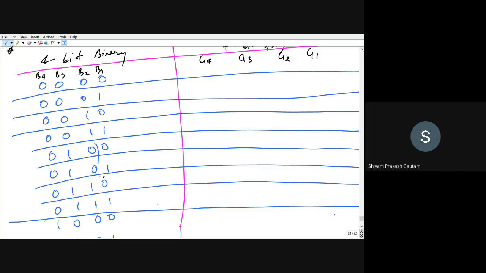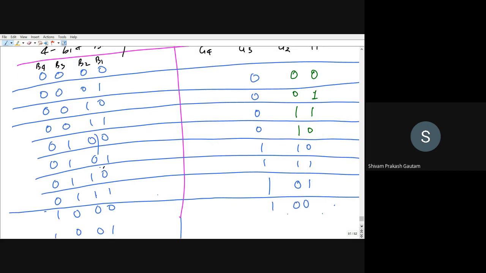You can first start with 0, and then 1, and then for 2-bit you have to increase 0 0, so 1, and then it will be mirror image, that is 1 0. Now if you want to make 3-bit, so for 3-bit it will be 0 0 0 0 and 1, and then it will be mirror image 1 0 1 1 1 1 0 1 and 1 0 0. This will be 3-bit. Now if you want to make 4-bit, then again it will be mirror image, so 0 0 0 0 0 and 0.